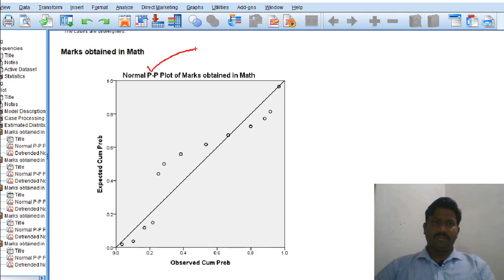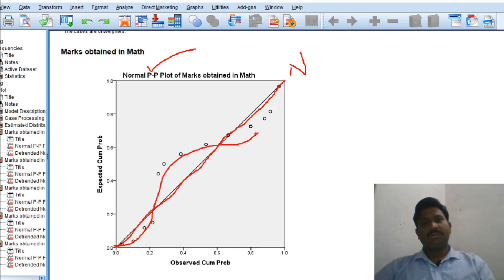You can see this is called the line of normality, a straight line. If all the points lie on this line, the data is normal. And you can see how this is deviated.